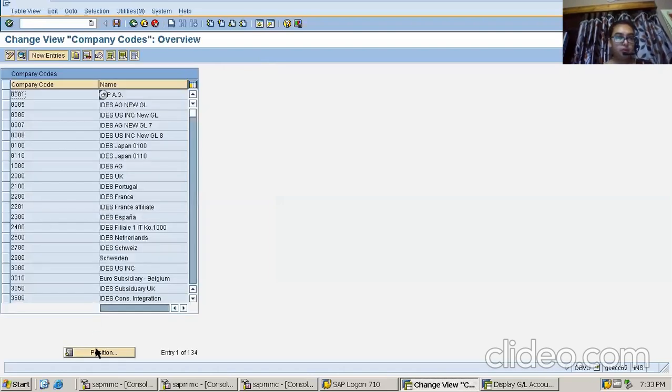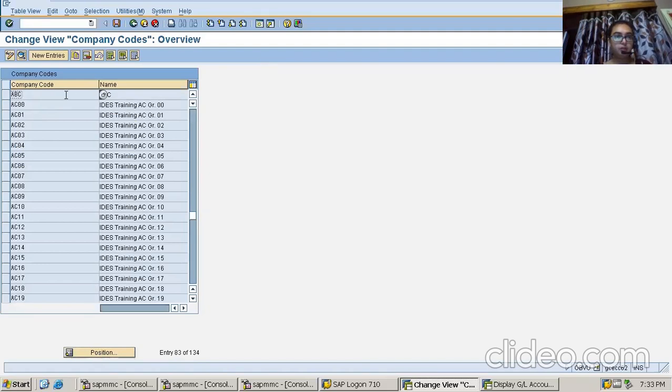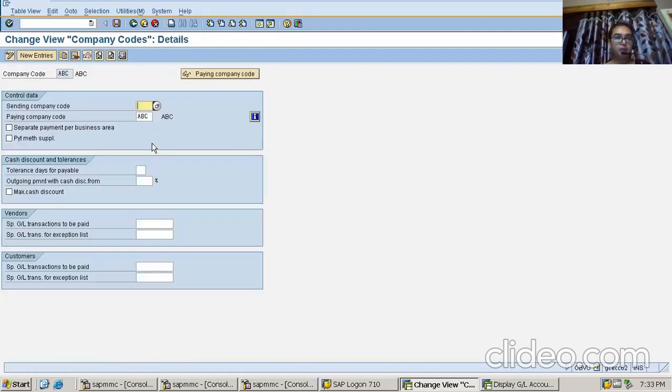My company code is ABC. I'm finding it. ABC is my company code. Going inside, see here one field is there, special GL transaction to be paid under vendor. See, there are two options, under vendor and under customers.